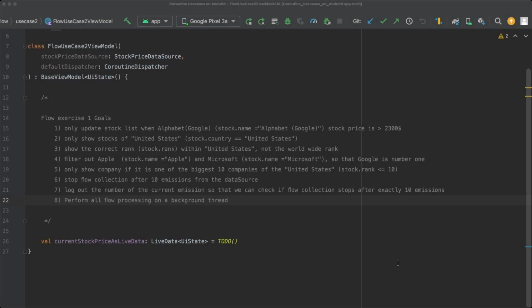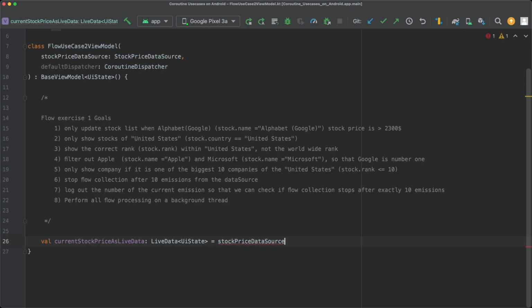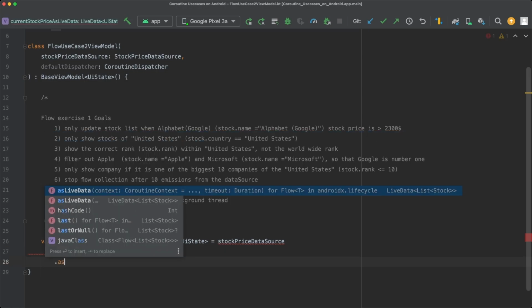I hope you had some fun with this exercise and were able to achieve some or even all of the defined goals. In this lecture, I'm now going to tackle this exercise together with you. Let's first set up the basic flow processing pipeline and then focus on the goals. We want to get emissions from the stock price data source, and the flow property is called latest stock list. In order to convert this flow to a LiveData object, we now have to use the asLiveData